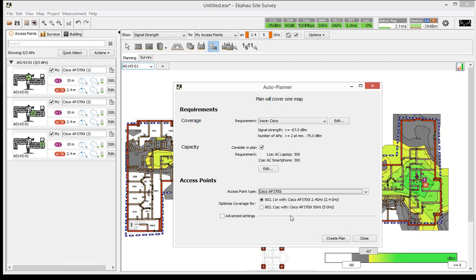Then there's a question from Martin Henson. Can you use the auto planner for high density deployments? Yes, you can. So yes, you can specify the capacity requirements. Exactly. Like we just did, we added a few hundred smartphones and laptops, and the tool first looks at